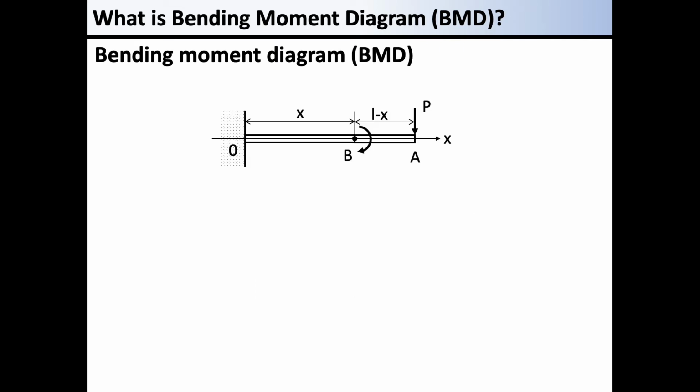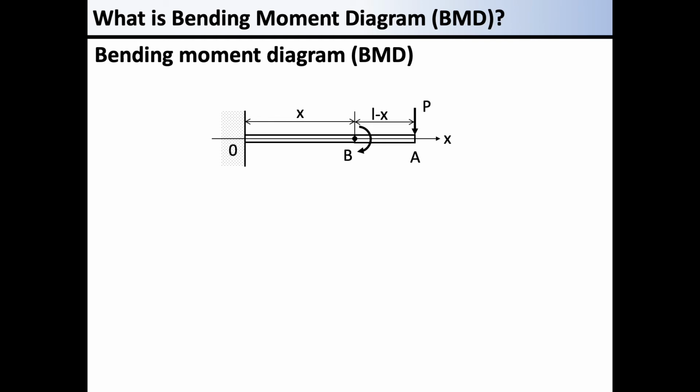Now, this illustration shows the bending moment that is generated in the beam. This moment is bending the beam downward. In the previous argument, we have defined a bending moment that bends a beam downward into a convex shape as positive. Following the definition, this bending moment is negative. So, the bending moment at the position x on the beam is the product of the force and the length of the arm, as given by the equation.